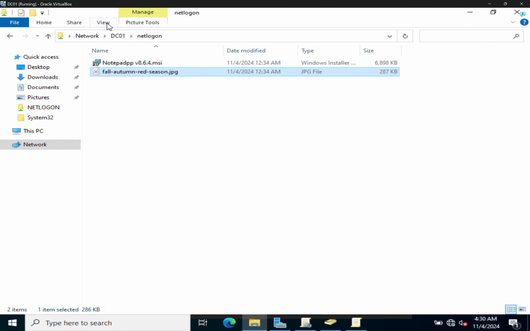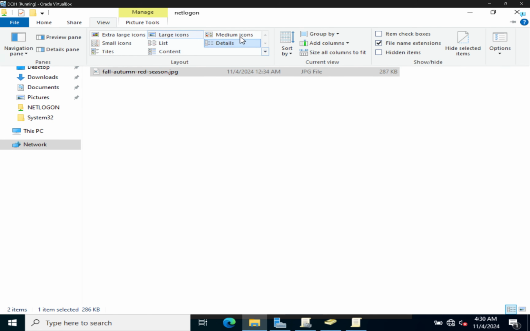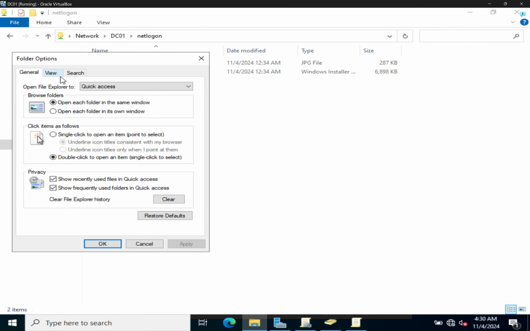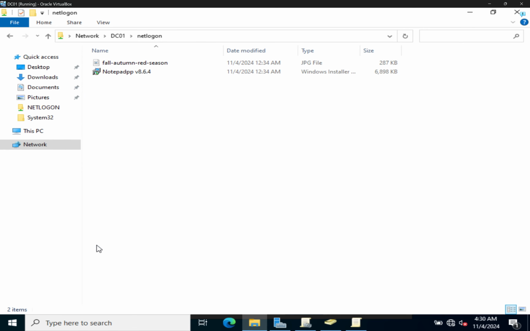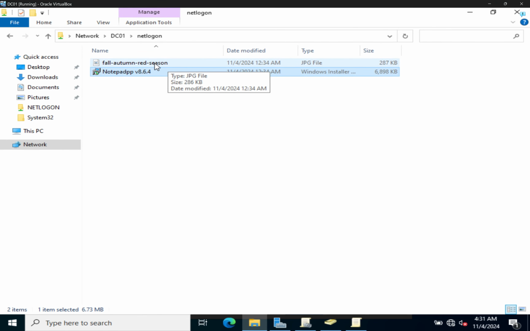You wouldn't see it by default, because when you come to view, options, change folder, I'll come to view and just say restore default. I say apply and OK. So by default, these two files will be like this without an extension. But when you look at the type, you know that this picture is anyway a